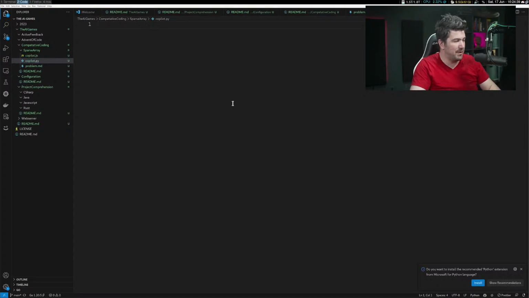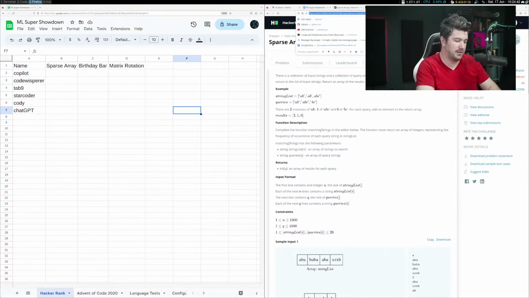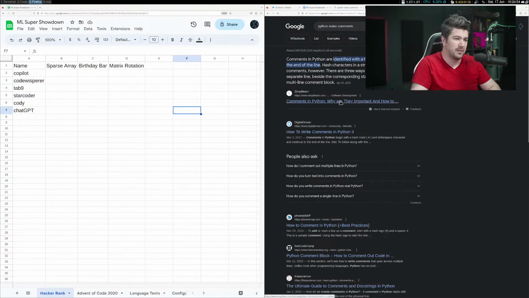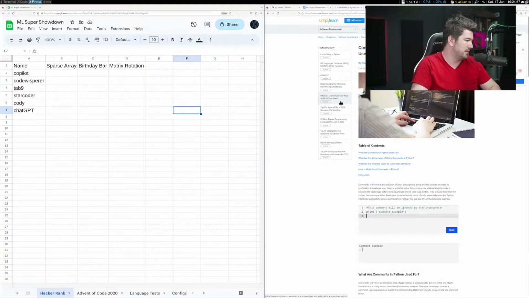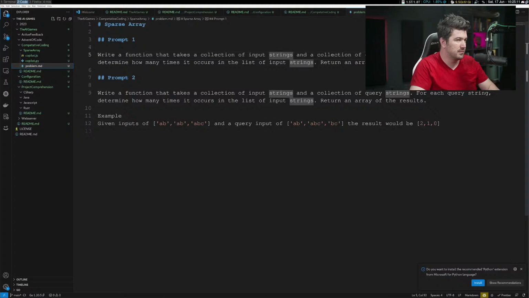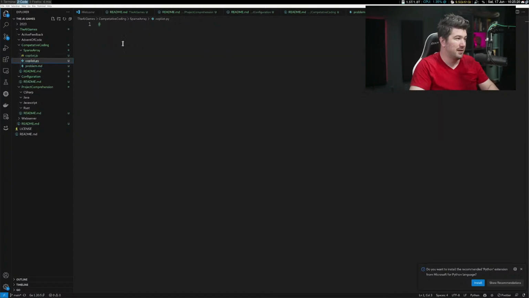Oh, snap. How do I make Python make comments? Yeah, this is where it kind of gets to be difficult. All right. Will each AI need maybe